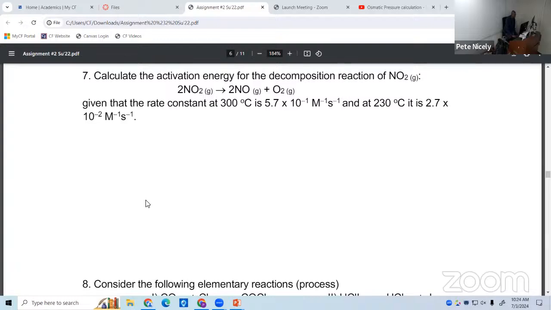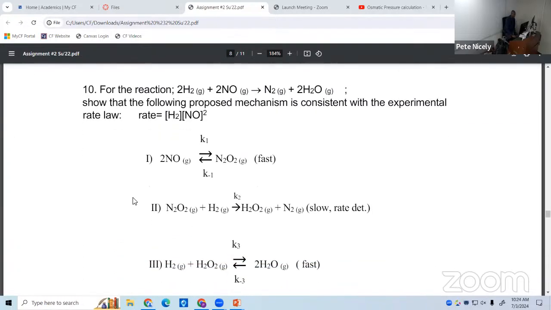So scrolling down, number 10, let's see what 10 has to offer. Okay, now 10 deals with reaction mechanisms, right? So briefly, when we're talking about a mechanism of reaction, we're talking about a detailed step-by-step description of what is happening as the reactants are converted to products, right? So more detail is involved compared to just given an equation. An equation doesn't tell you the